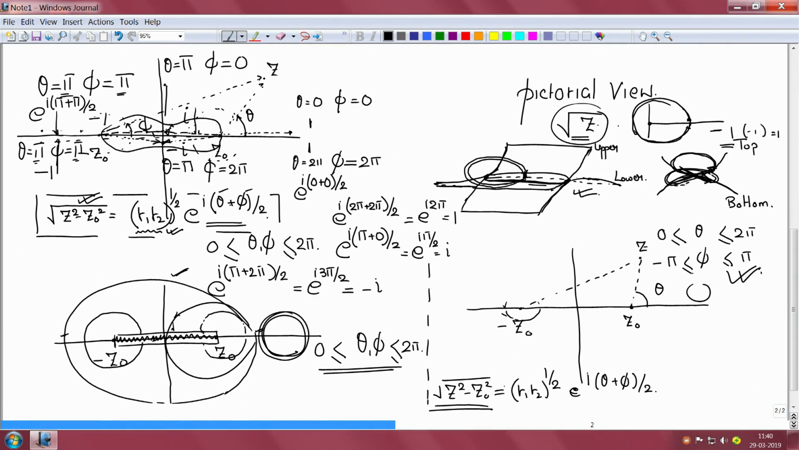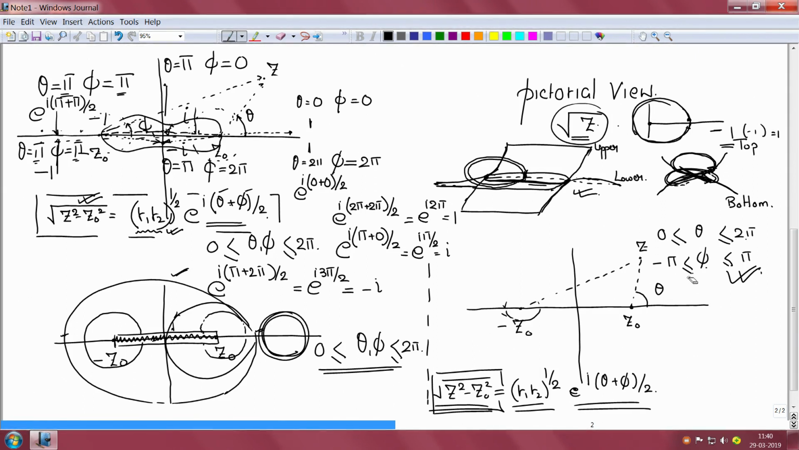Good morning, welcome to this next lecture on complex variables. We were looking at this function, which is square root of z squared minus z0 squared, written as (r1 r2)^(1/2) e^(i(theta plus phi)/2). We are looking at the second case where theta lies between 0 and 2 pi, but phi lies between minus pi and pi. So, let us examine